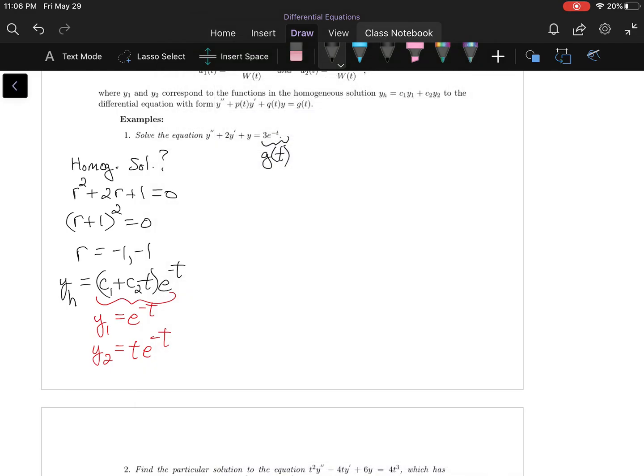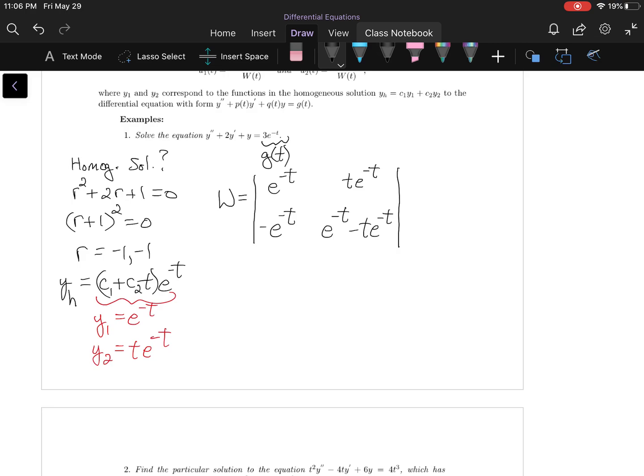So we have our g, we have our y1, y2. Now we need our Wronskian. The Wronskian is given by the determinant of our homogeneous solutions and their derivatives. So y1 is e to the negative t. Its derivative is negative e to the negative t. y2 is t e to the negative t. And its derivative is e to the negative t minus t e to the negative t, and that was obtained